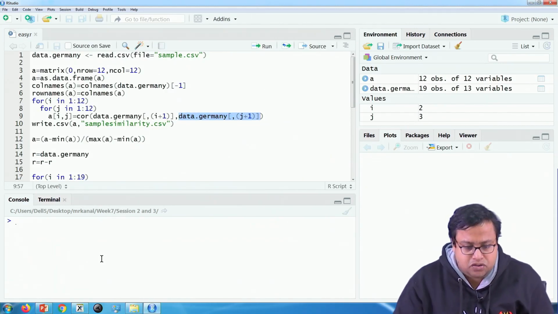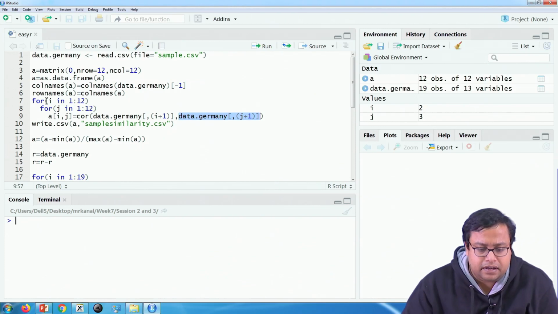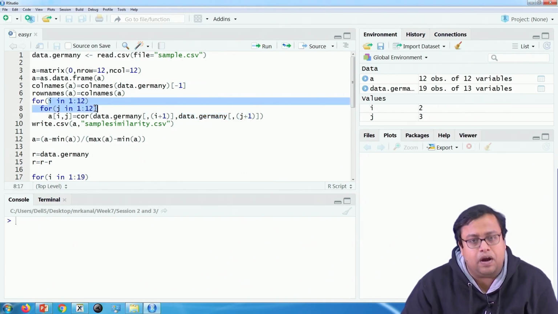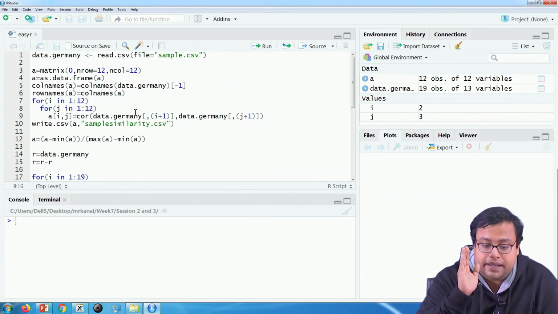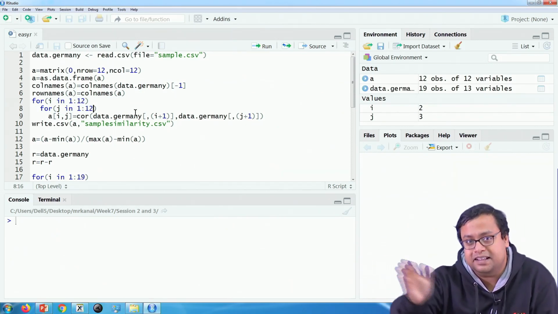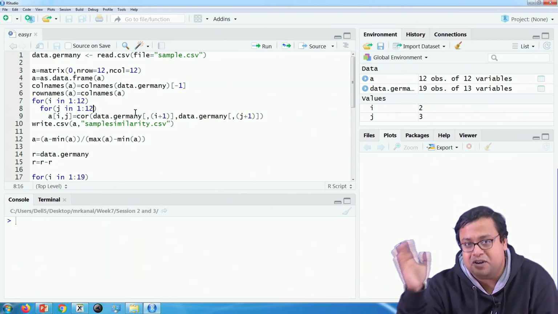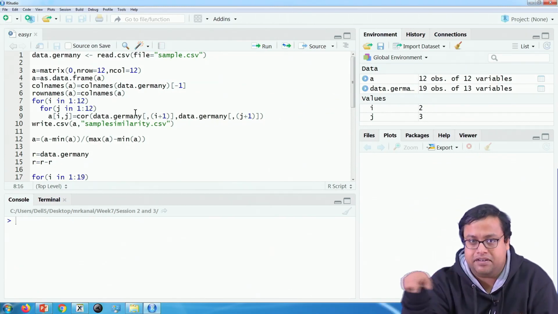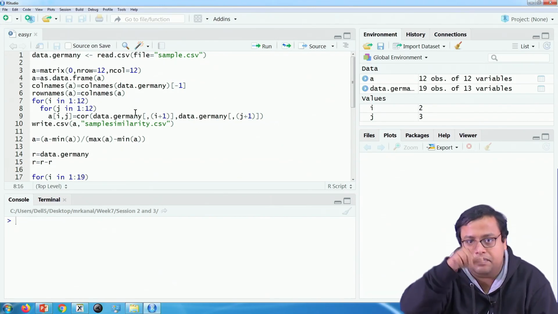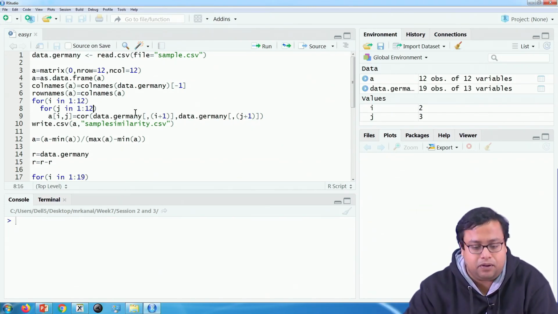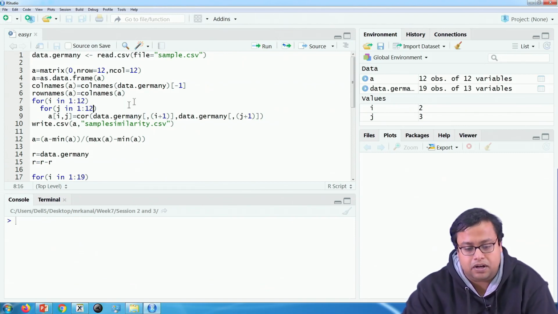And actually, I should not have calculated 1 to 12. It would have been better if I had calculated i from 1 to 12 and j from 1 to i, because it is a matrix which is lower triangular or upper triangular. The other things are the same, it is symmetric. So, I could have calculated the lower triangular matrix and found the symmetry, but I have not done that because it is a smaller size, it will not take time. So, that is why I have done this.